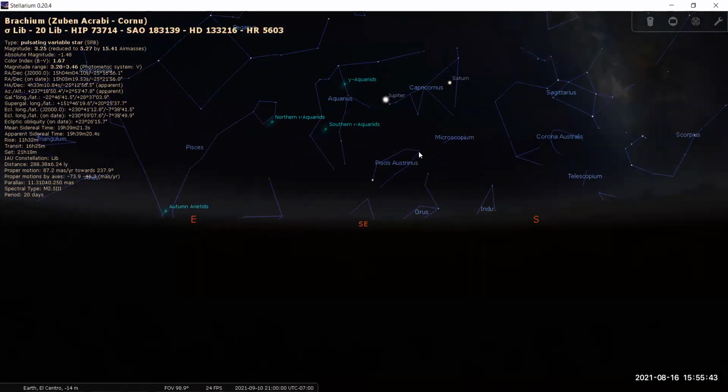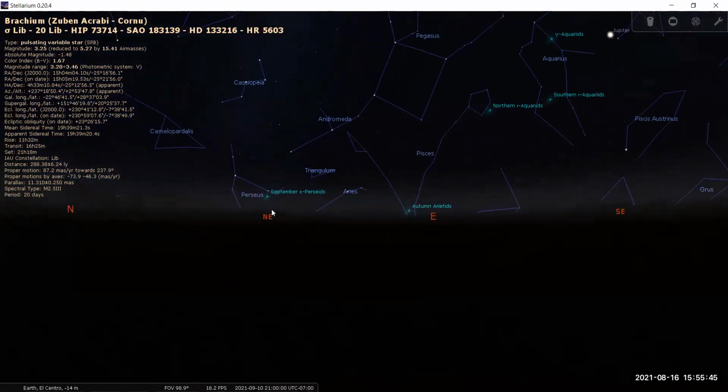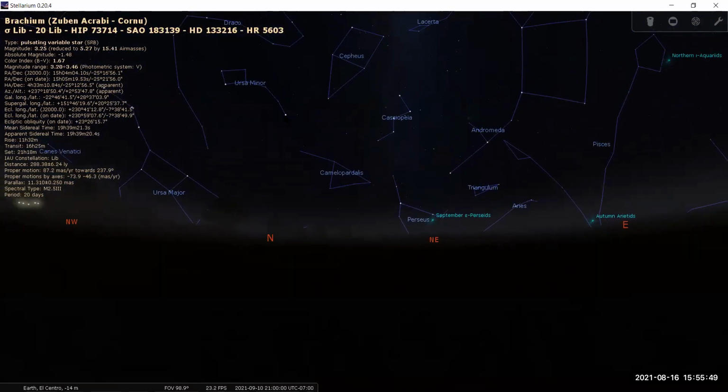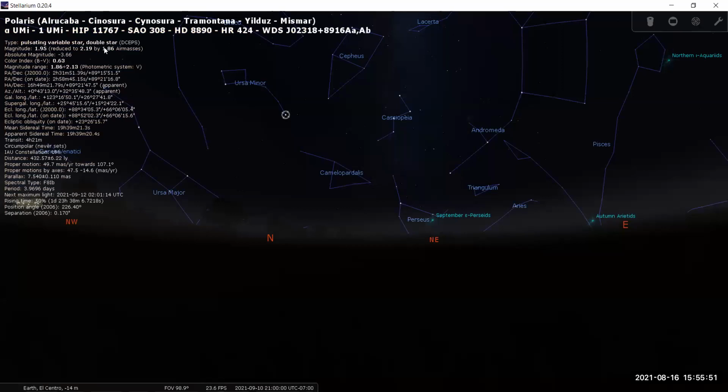Again, one of the things that people always ask about is, when I look at the north, what is that thing in here that really marks the entire sky? Polaris. If you look at the sky, you will see that everything seems to be revolving around Polaris. Polaris looks like it's in the middle. Actually, this is the constellation that it's in.